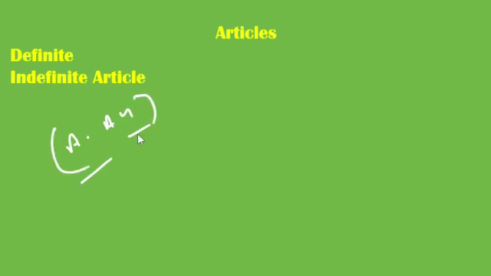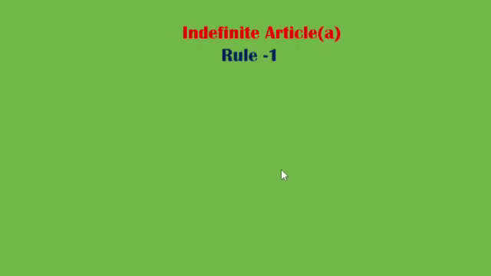What is the usage, how do we use them, and what are the concepts which we have to use for these indefinite articles a and an? First of all, let's learn about a. For the indefinite article a, we have a few strategies which we have to follow. Rule one: the indefinite article a should be used before singular common nouns which begin with consonant